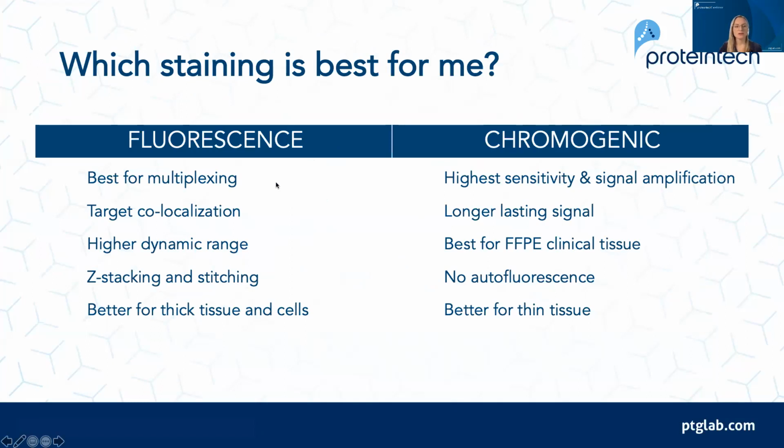And because of the way that fluorescence works, and you can really easily get non-overlapping fluorophores, fluorescence is really the best for this. You can multiplex chromogenic, but it's a bit harder, and you also have less dynamic range in the chromogenic as well. Fluorescence is also best for target co-localization for the reasons I just said with multiplexing. And it has high dynamic range, meaning that you can see low abundant targets as well as high abundant targets